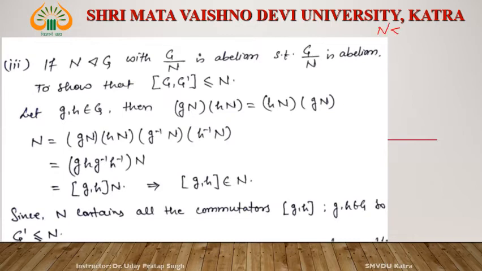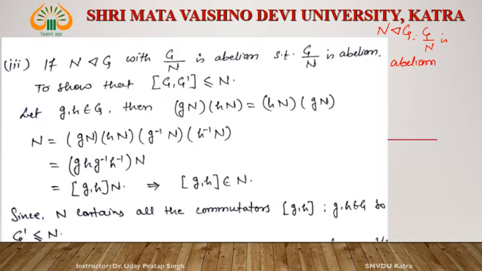Let N be a normal subgroup of G. If N is a normal subgroup and G by N is abelian,